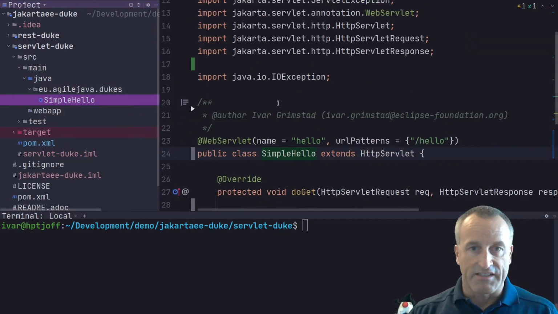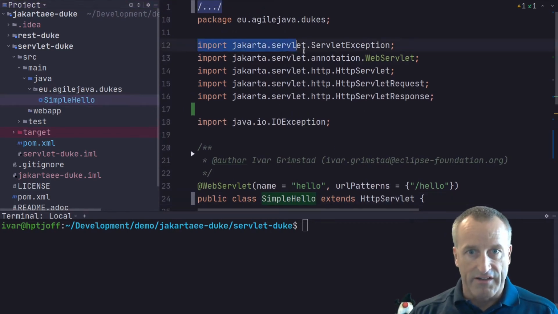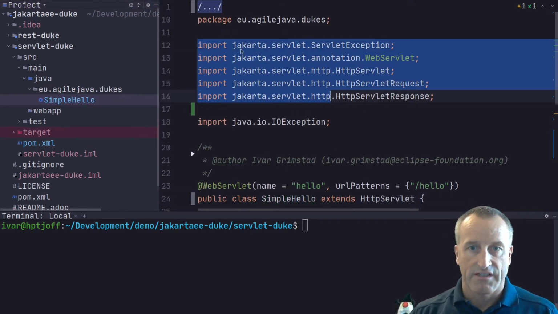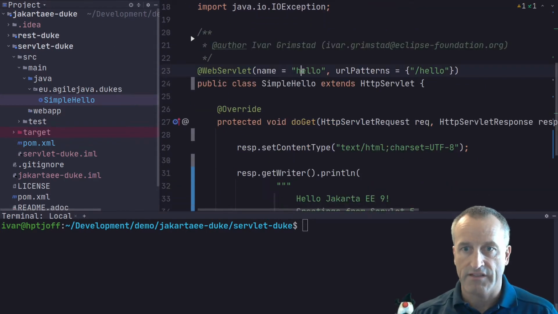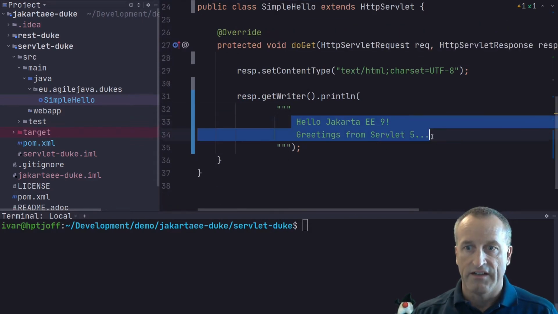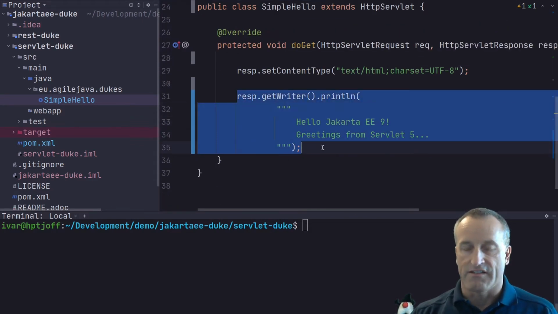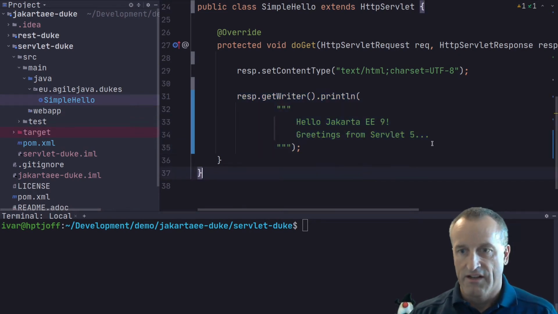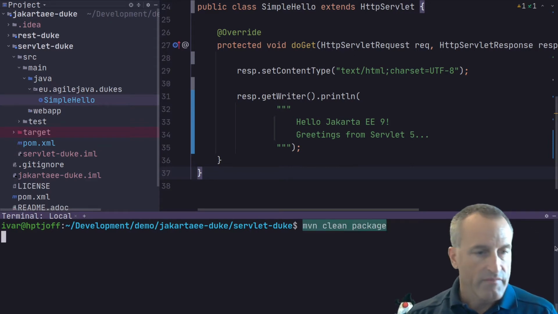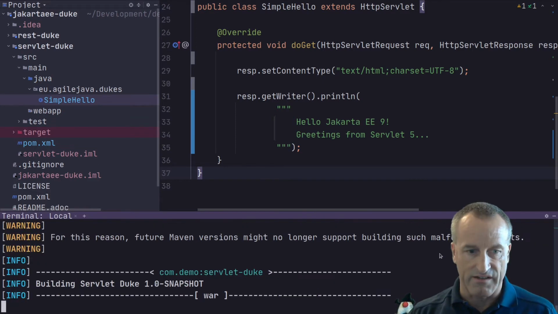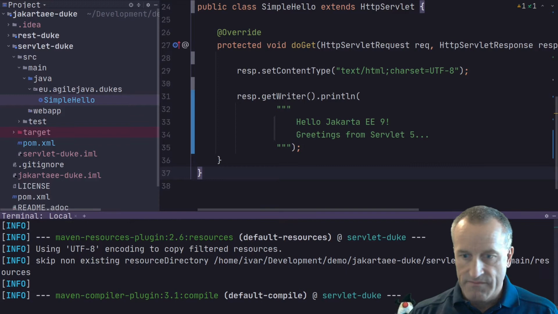So let's look at the code, and you're probably super familiar with this. It's an insanely simple servlet. What's notable here is that I'm using the Jakarta namespace. You can see here that the Jakarta servlet has been converted, and I'm using the jakarta.servlet namespace. The servlet is just simple at the hello context, and it's saying Jakarta EE 9. And here you can see I'm using some of the newer features in Java, with text blocks just for fun. So I'll build this one, and then I'll deploy it to Tomcat and Jetty and prove to you that it's actually working.